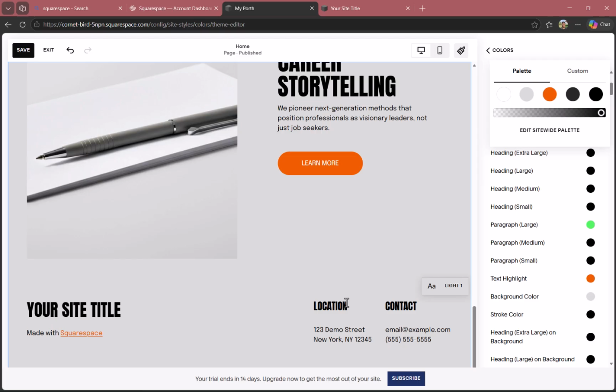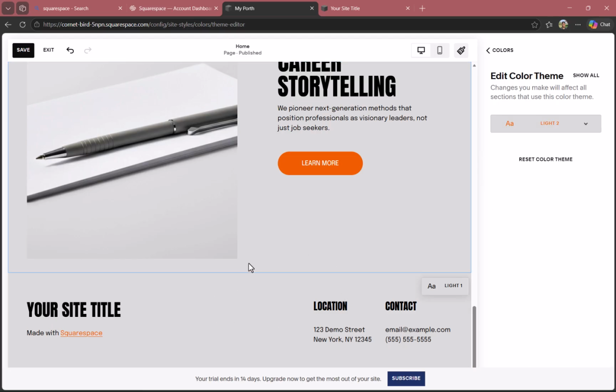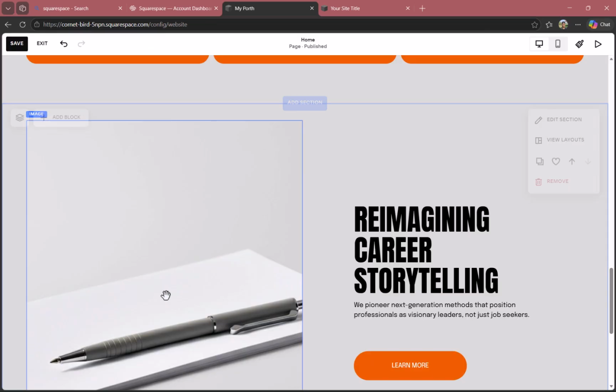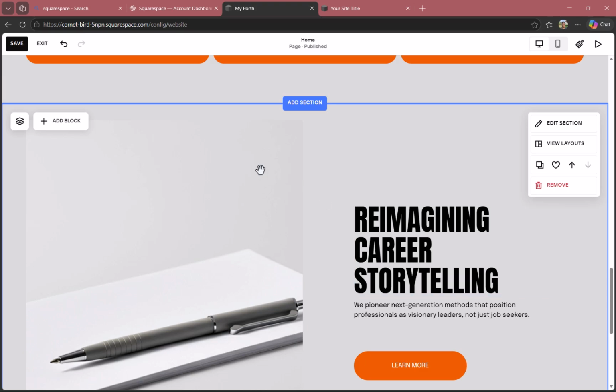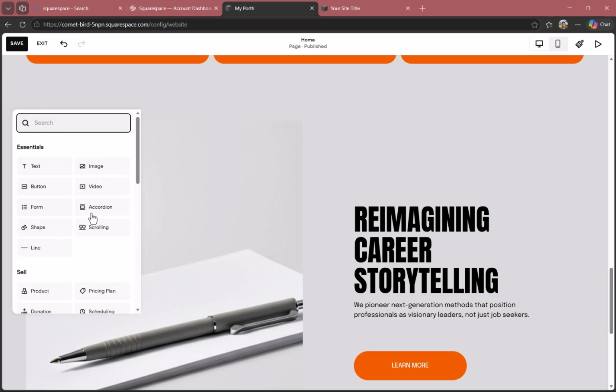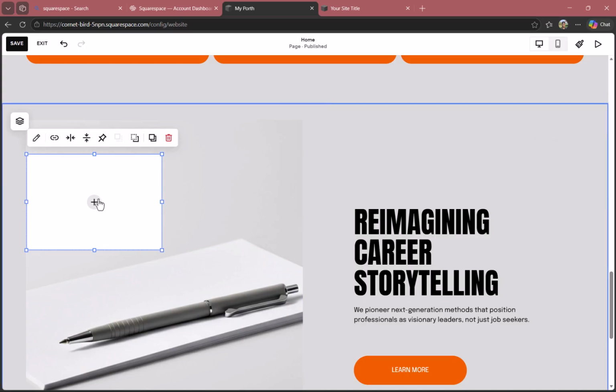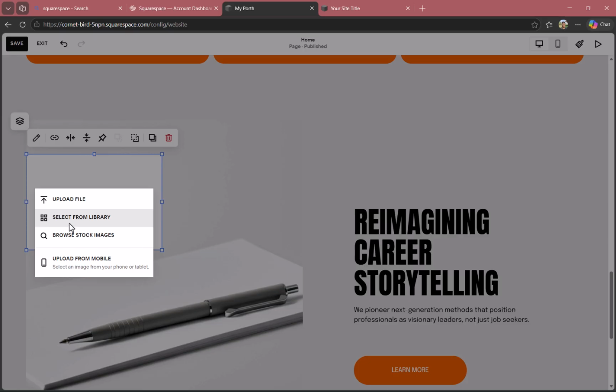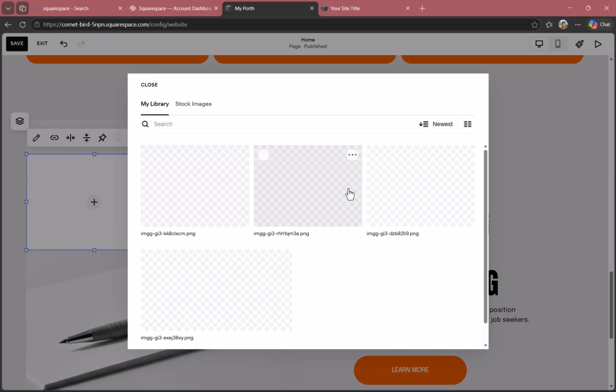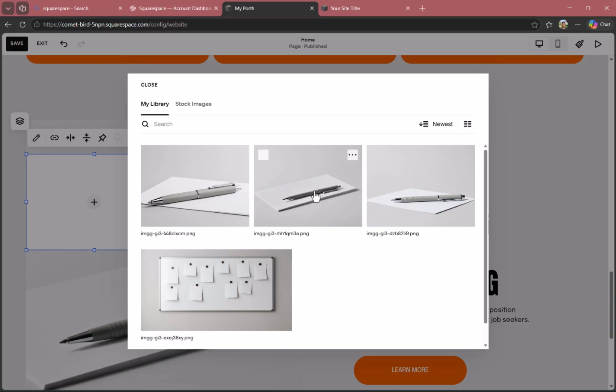All right, guys. And then last but not least, adding media and images. So in order to do this, all you need to do is just go ahead and add a block. So to add a block, just hover above a section, and then where we have add block, click on that option. And then you can add buttons, forms, shapes, lines, products, pricing, and ultimately images and videos. So you can have your videos or images here by just simply clicking on image, and an image will be added here. All you need to do is click on the plus and either select from their library of custom images. They do have a lot of custom images you could include,